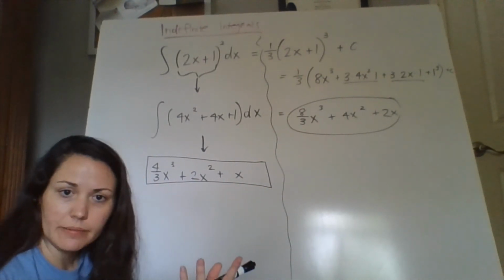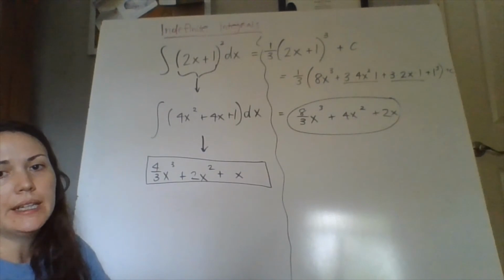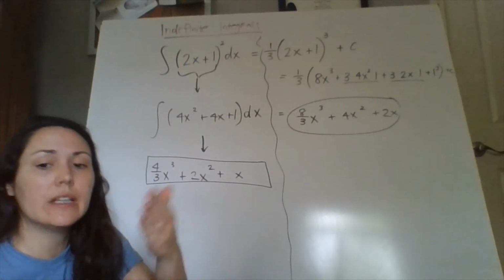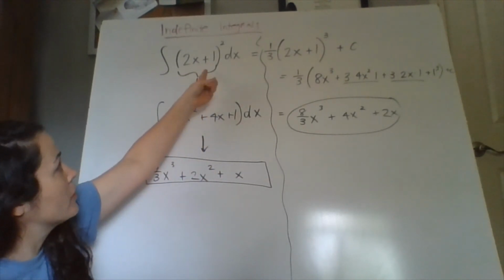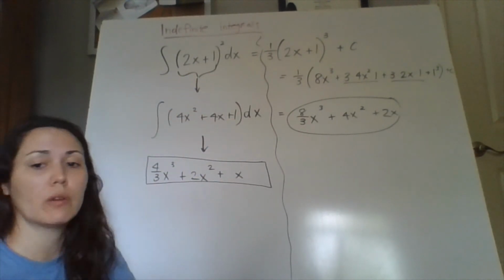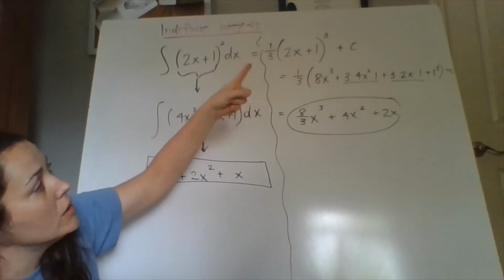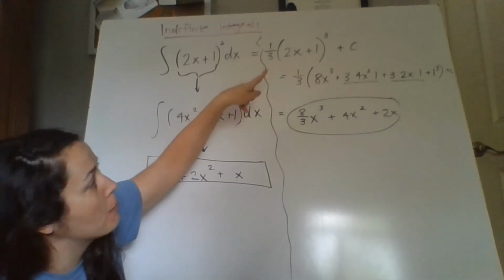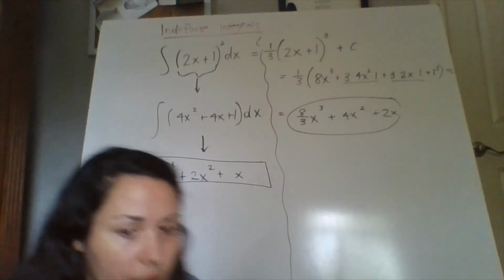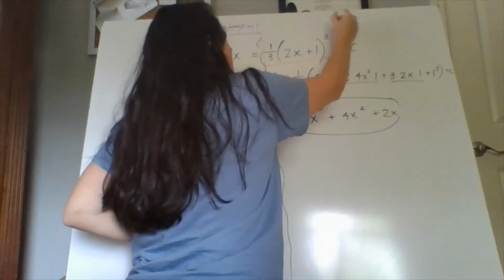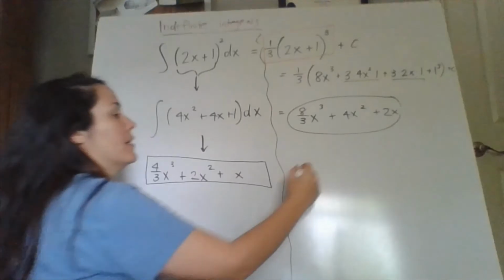So why is that happening? Let's go back to the original problem. At the very beginning, what we're given is a derivative. 2x plus 1 to the second power is a derivative of something. So if we go back up here, and take the derivative of this,